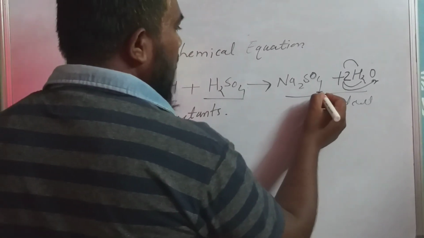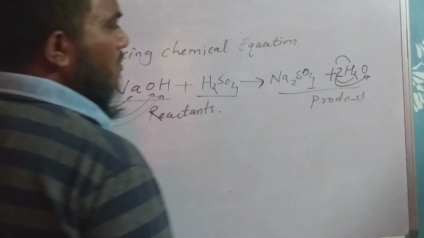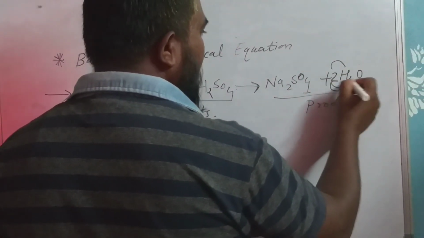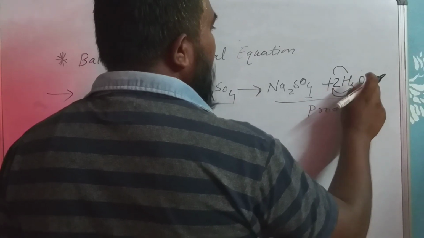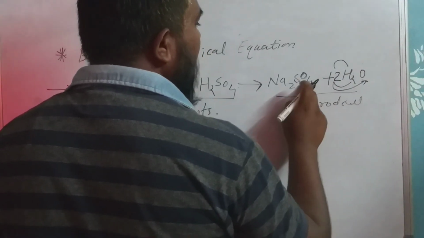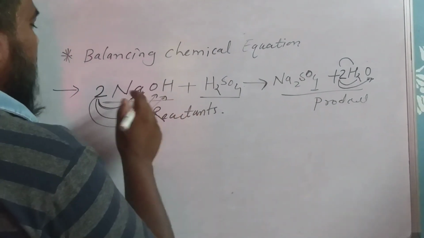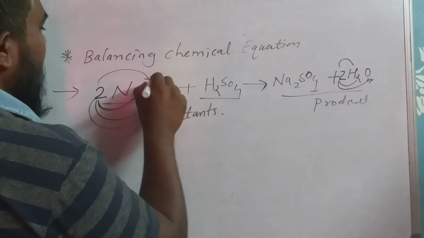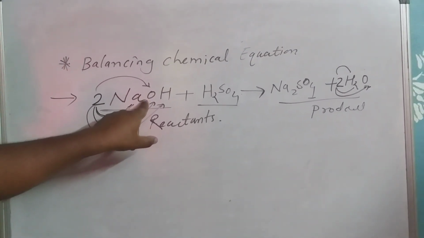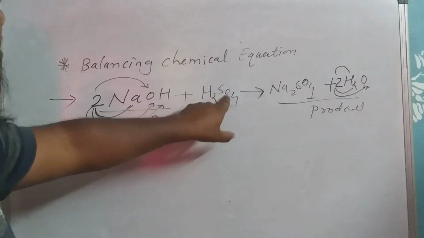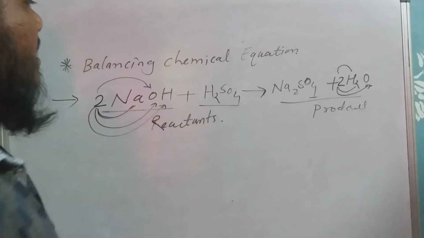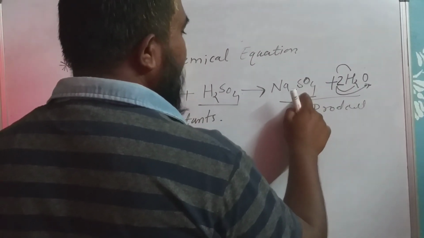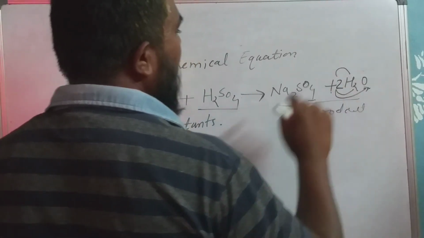Now this 4 oxygen plus this 1 oxygen, when we write 2 here, this will multiply with 1 oxygen, 2 ones are 2 plus 4 becomes 6 oxygen. Keep in your mind, this 2 will multiply with 1 oxygen, 2 ones are 2 plus 4, 6, and these 4 oxygens are present as it is and 2 ones are 2, 4 plus 2, 6.